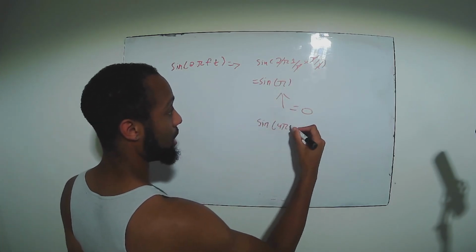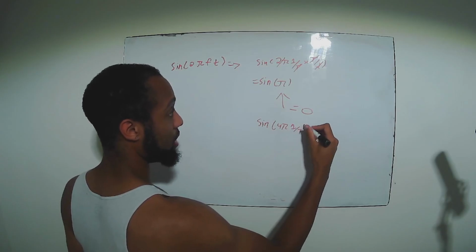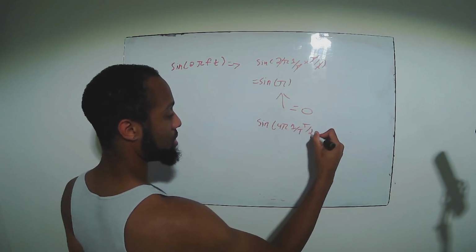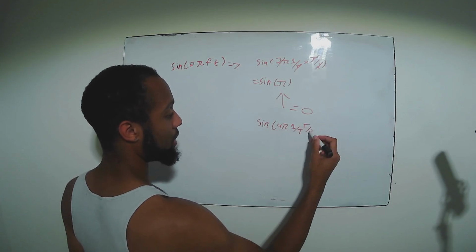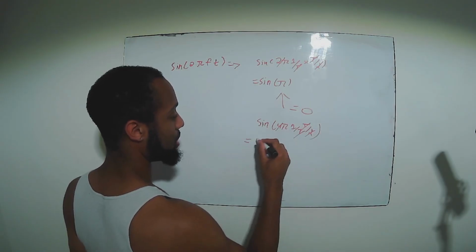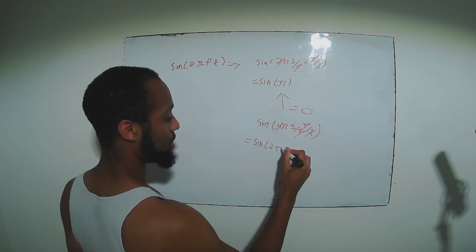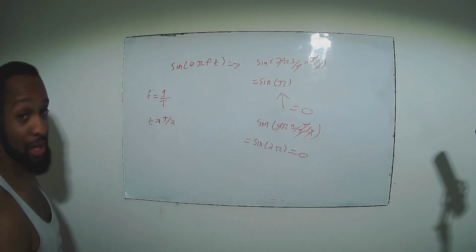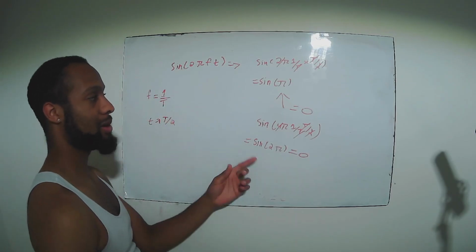4 pi 1 over t, t over 2, right? These t's would cancel. This 2 would make a 2 here, so you end up with sine of 2 pi. Put a 0. So when I'm saying cancel, like the signs cancel one another, I'm not really meaning they cancel